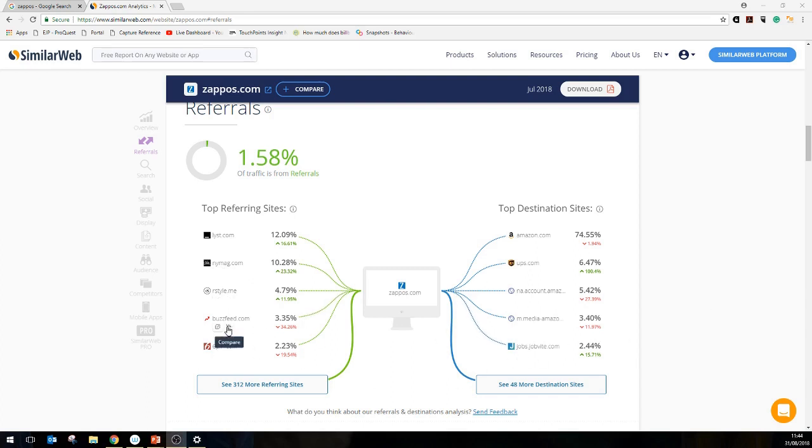So I might be on BuzzFeed and I might see something about Zappos. There might be a link to Zappos and I might click through from BuzzFeed to Zappos to have a look. There might be an article about an item of clothing, and within the piece of editorial it might say that this is available at Zappos. It might be a piece of editorial about the company itself, which will prompt me to go through to the